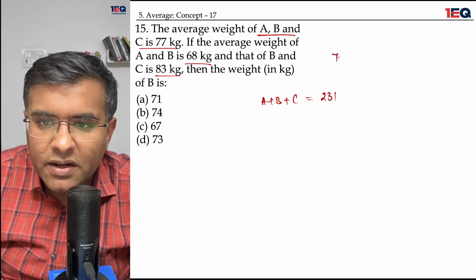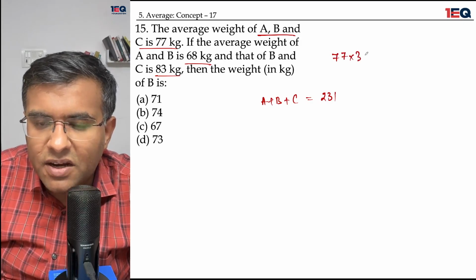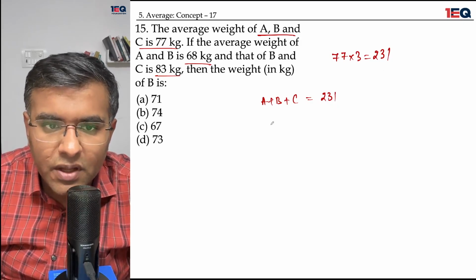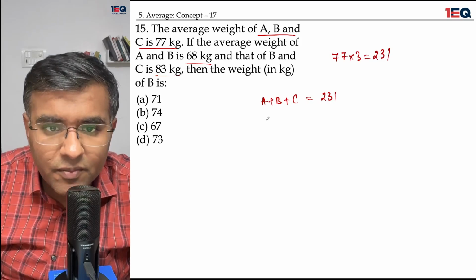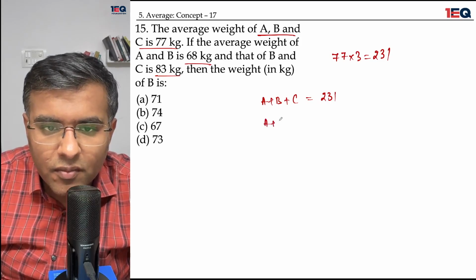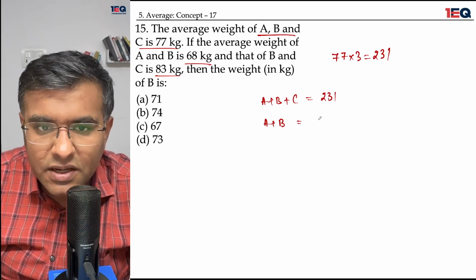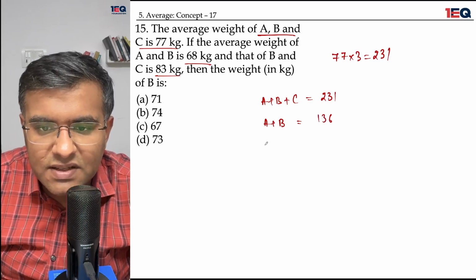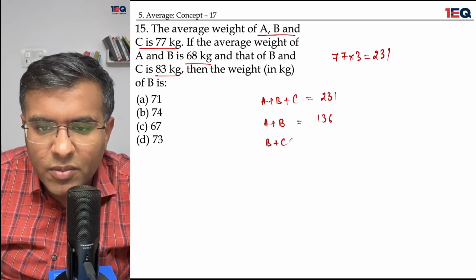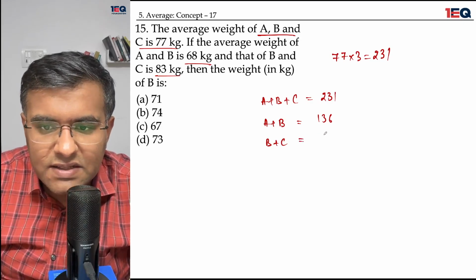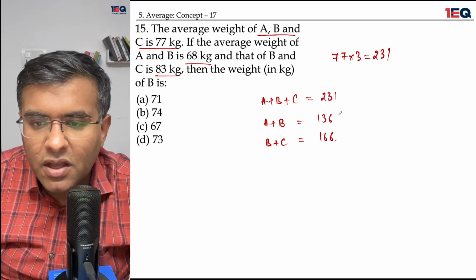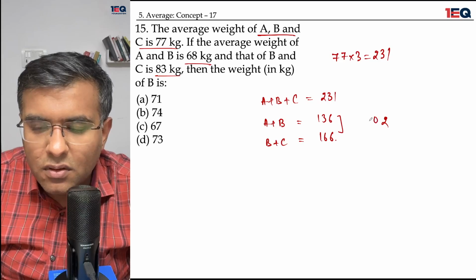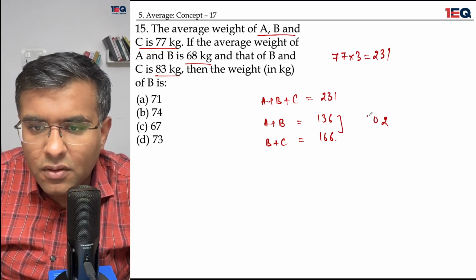How did I get 231? I did 77 multiplied by 3, which is nothing but 231. So a plus b plus c is equal to 231. The average weight of a plus b is 68, that means the real weight is 2 8s are 16, 2 6s are 12, 136, a plus b. And for b plus c, the average is 83. This means 166. If I add both of them up, I get the value of